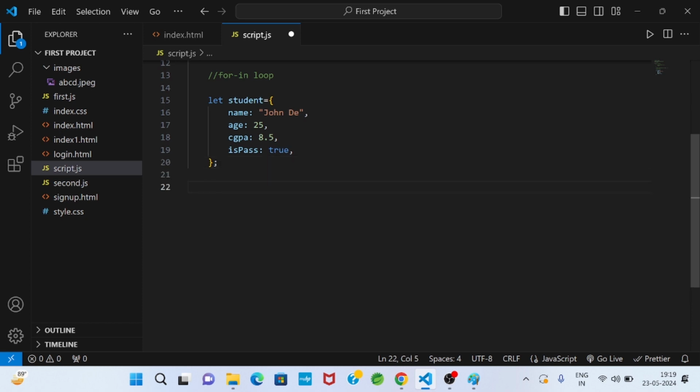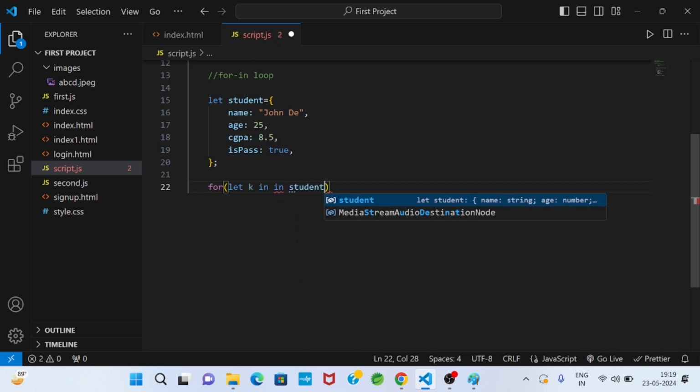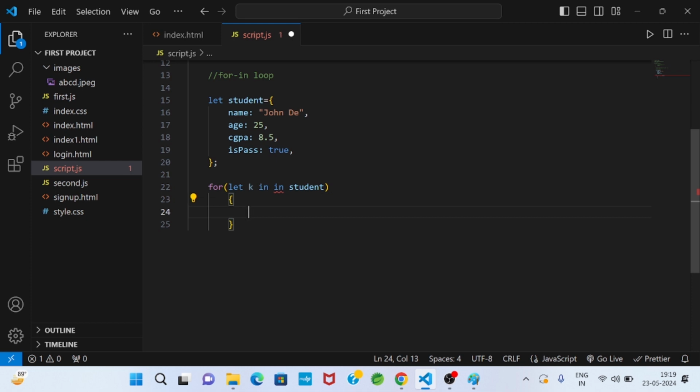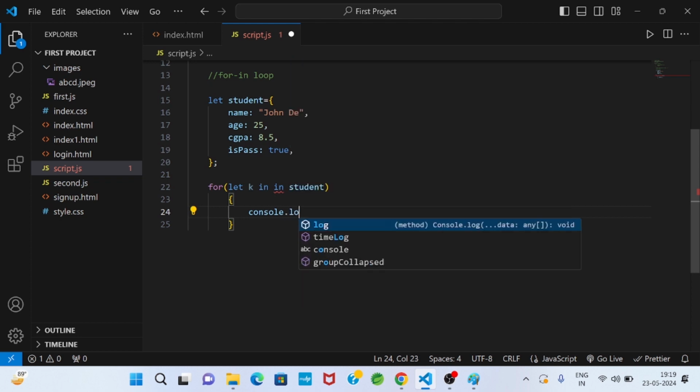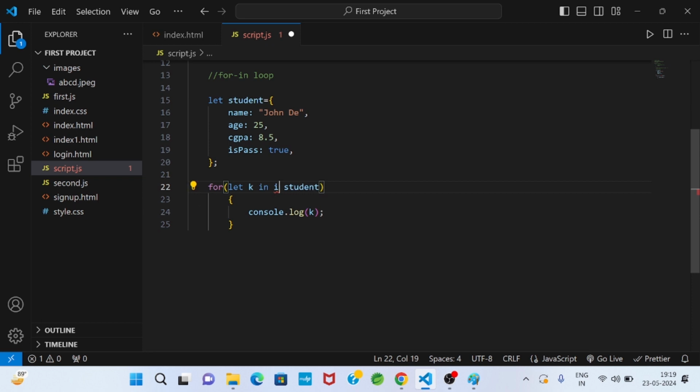Now I will use the for in loop. Let k be a loop variable in student. Then console.log k.